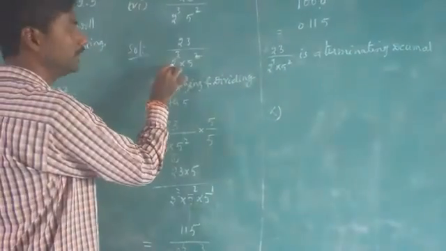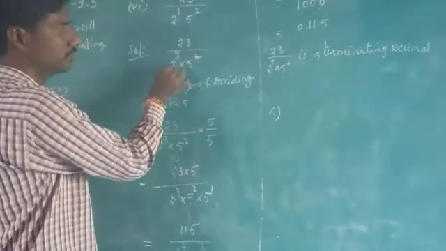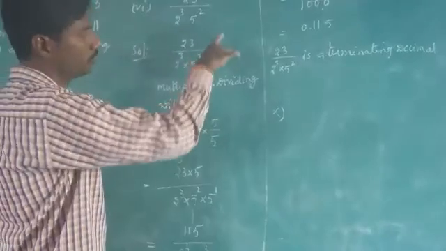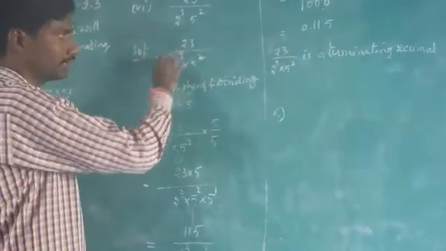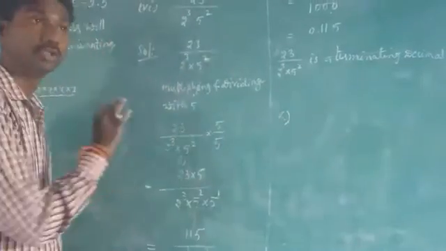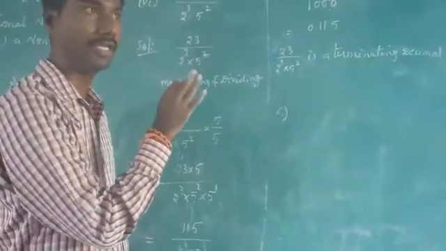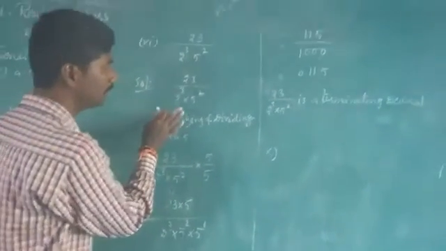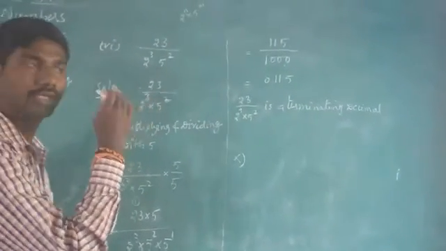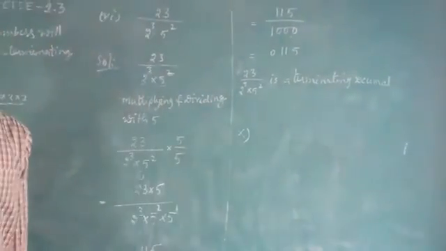Suppose here 2 is there, and here 5 square is there. So here the power of 2 is 1. So you need to multiply and divide with 2 by 2. So you need to concentrate on the denominator. It should be 2 and 5 only. It should not be 3. It should not be 7. If there is any denominator with 3 or 7, it is not terminating, it is repeating. You can do it. Continue the 10th problem.